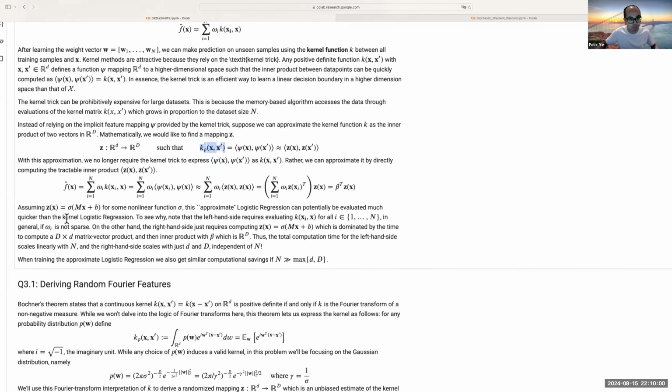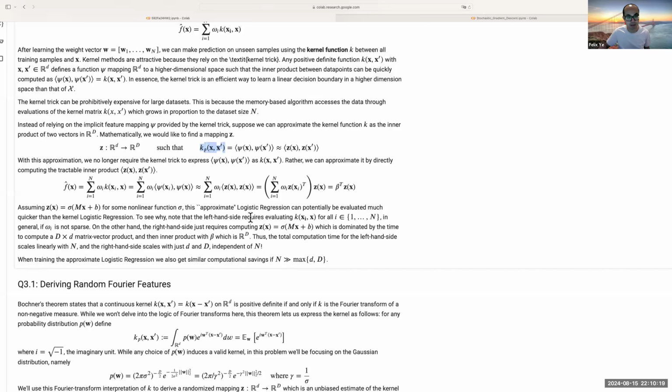Right here, we assume this function has the form sigma(mx + b). This approximates, I mean, logistic regression. But the key here is